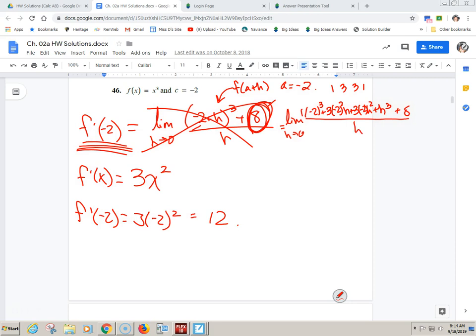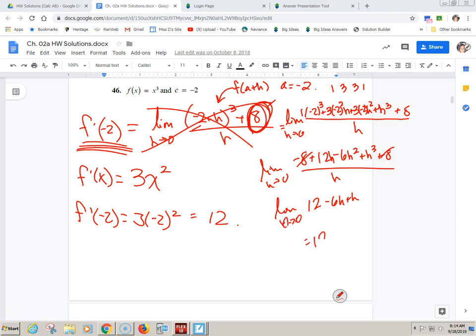And then that would be -8. And that would be 4 and 3 is 12. And that's -2, so that'd be minus 6h squared, and that'd be plus h cubed plus 8. The 8's cancel. I have all over h. By the way, still taking a limit. I see you forgot 12h. Oh, is that what I did? Yeah, it's a little h. I can pull out an h, and I end up with 12 minus 6h plus h, limit as h goes to 0. And my final answer is, woo!